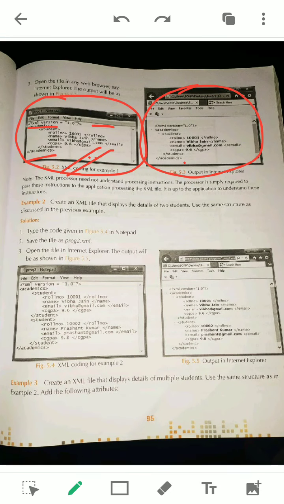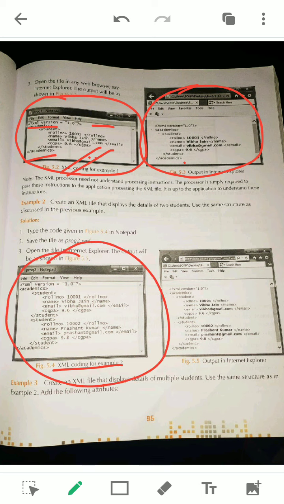Here you see this page. Okay, example 2. Here you can draw. Can you draw? You see the similar one here. Which one is the root element? Academics is the root element, so academics will come first. Then under academics, what are the things? Student starts here and student is closed here, meaning one child. Here is another child, so that means two children. Academics now has two children, two students, on the left side and the right side.